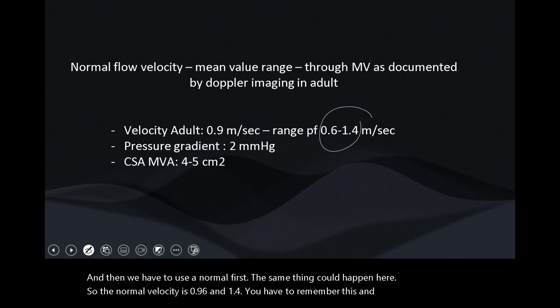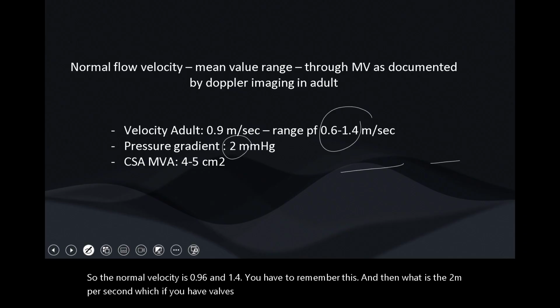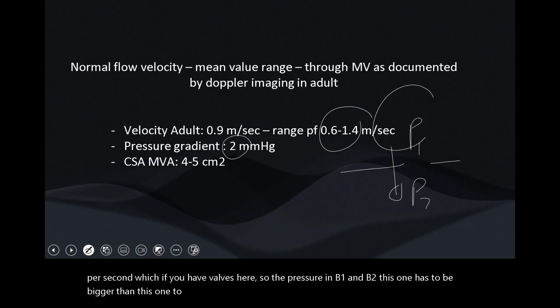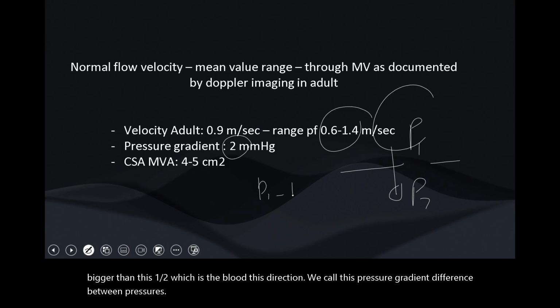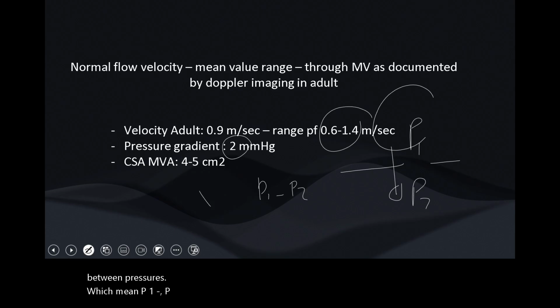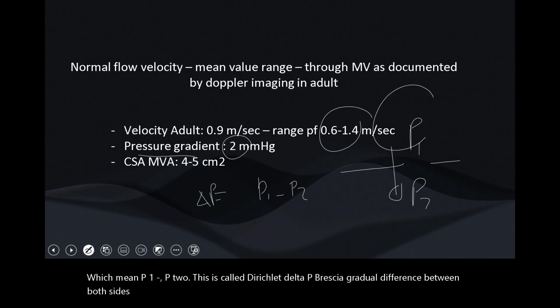And then what is the pressure gradient? If you have a valve here, the pressure in P1 and P2, this one has to be bigger than this one to push the blood in this direction. We call this the pressure gradient, delta P, the difference between pressures, which means P1 minus P2, the difference between both sides. And this difference I cannot measure with echocardiogram, so I have to do something